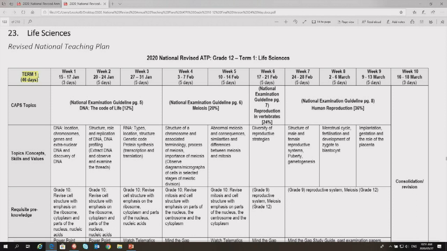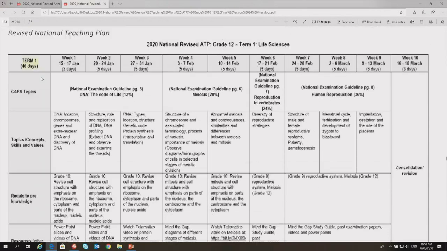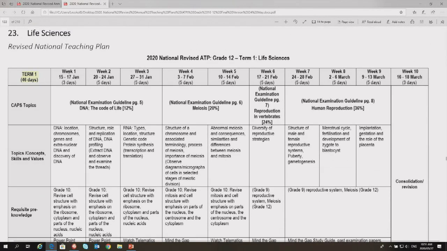What you see in front of you is the whole of term 1. It is broken up into weeks, from left to right, week 1, 2, 3, and here we have dates, because this was done actually in the first term according to those dates. Up to week 10, where we were supposed to work until the 20th of March, but you will remember that schools closed on the 18th. So term 1's work should have been completed as you see here.